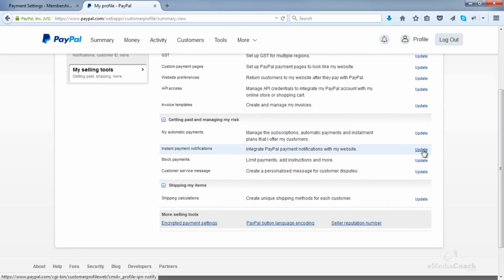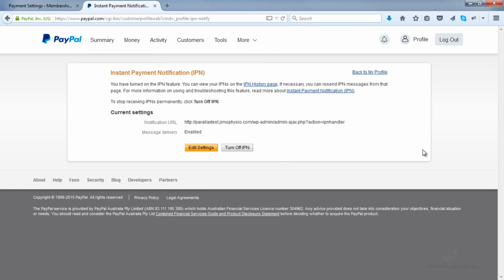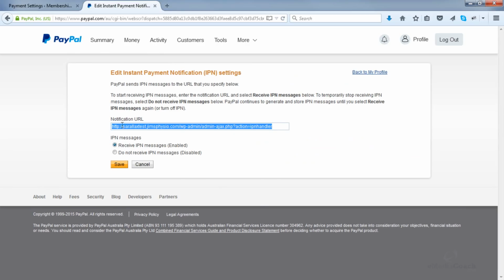So click on Update. I've already entered mine in here. However, you will need to go in and paste that URL in there and then enable the Receive IPN Messages checkbox and then click on Save.